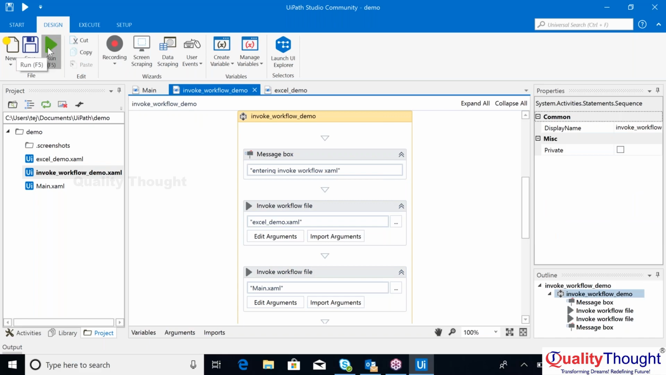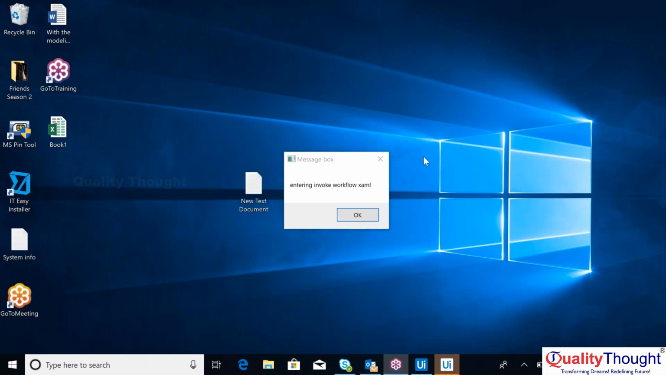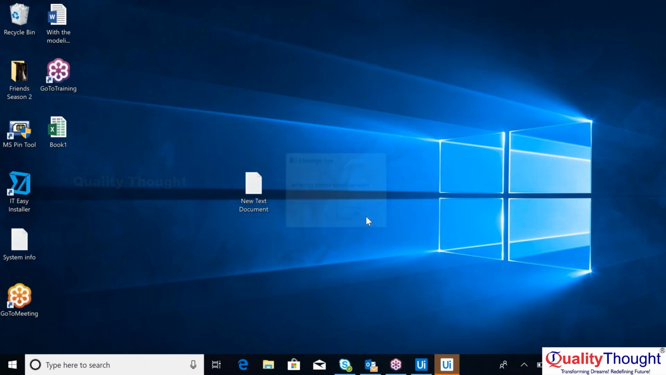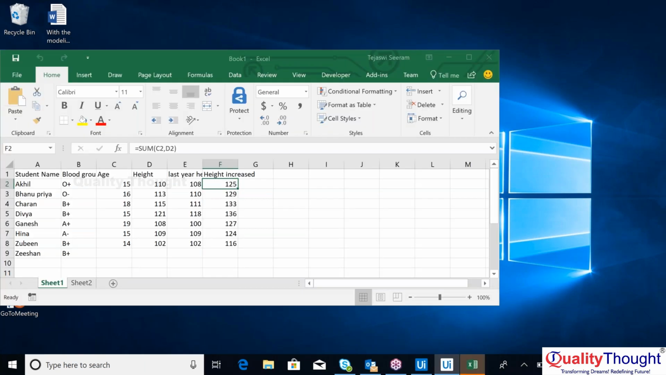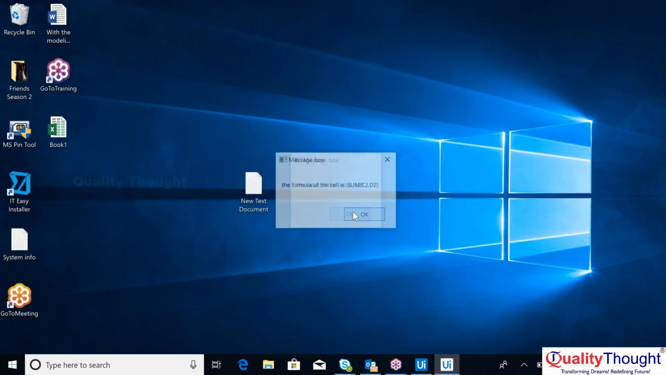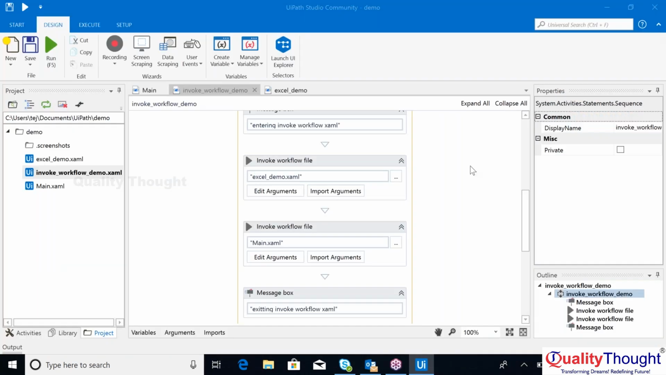So now let us run this. So you have your entering invoke. So this is your first entrance XAML file. This is the first activity that you have in your invoke workflow. So this is something from your Excel, and then this is in your main XAML file, right? And after executing the main, you're coming back to your invoke workflow and then exiting the code, right? Is that clear? So you can invoke any number of XAML files from your code